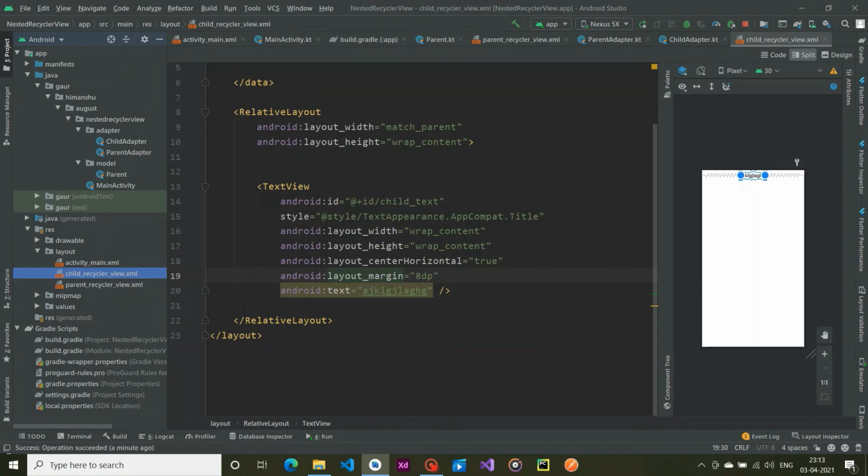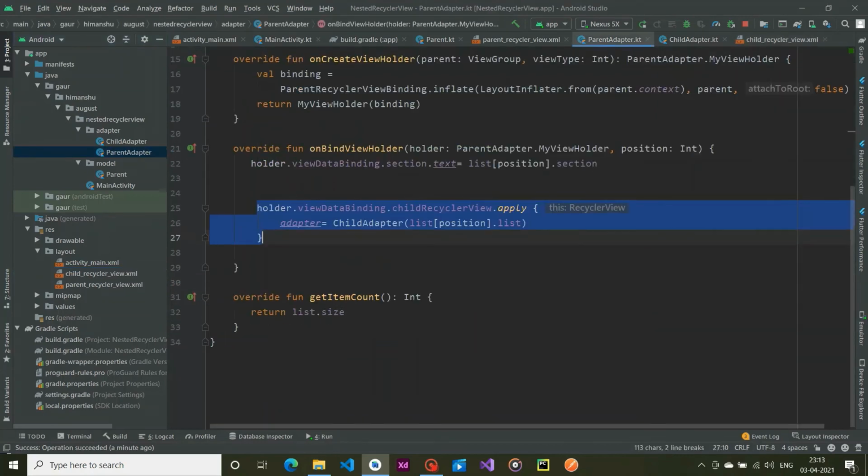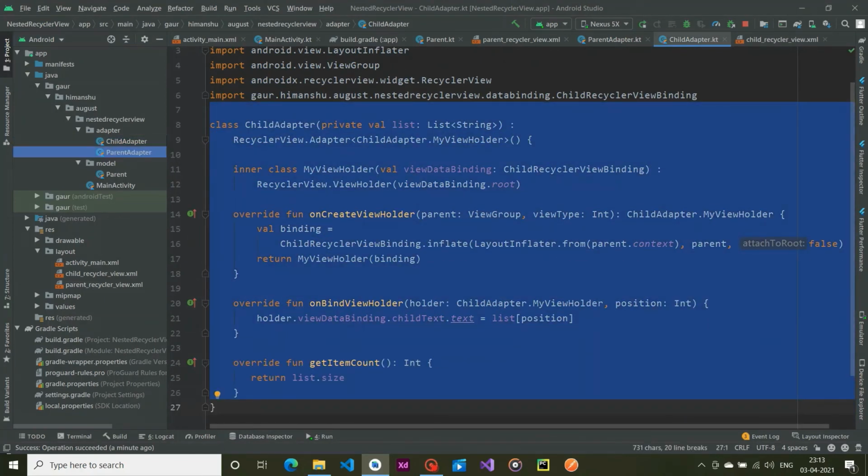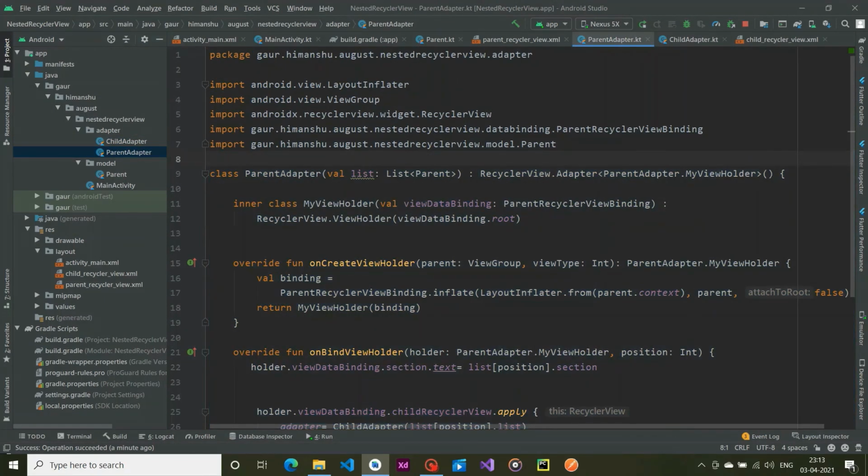All right, so we are creating two adapters. This is for our parent adapter, and this is for our child adapter. During the creation of this parent adapter, I told you if you want to show only strings in our nested recycler view, meaning the list item recycler view or section recycler view, you can use a list view, it is fine. But when it comes to showing an object in our nested recycler view, or you can say the sections, then you should use a separate adapter, basically this child adapter.